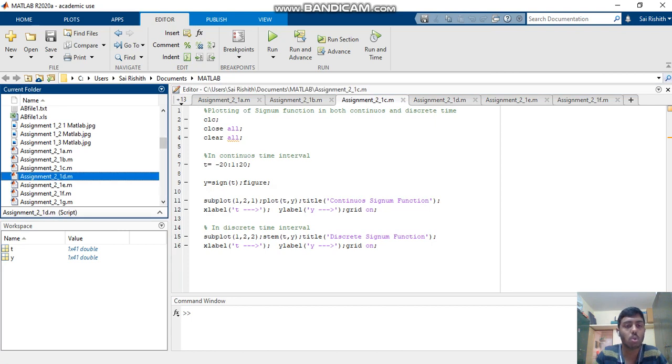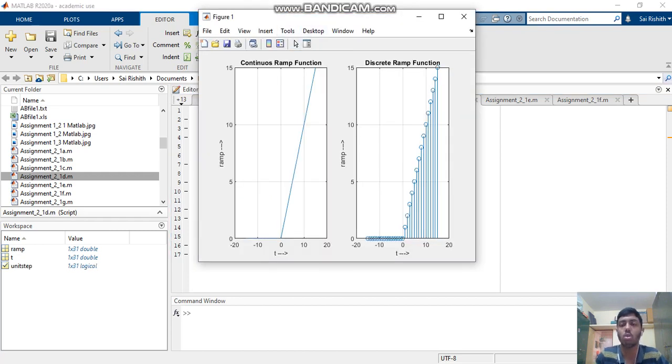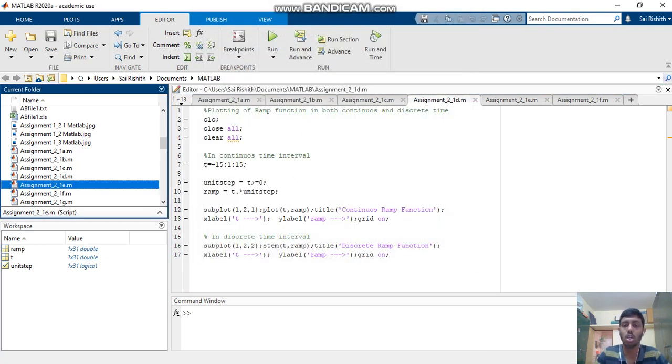Coming to the next one, that is the ramp function. Less than 0 the value will be 0, greater than 0 it will increase with a slope, and it is t star dot unit step. So this is the function. Coming to the next one,